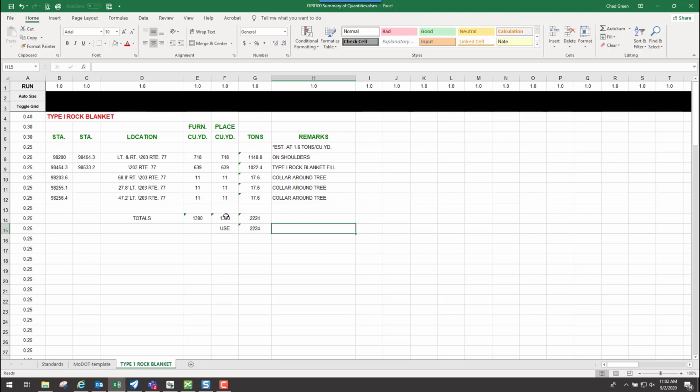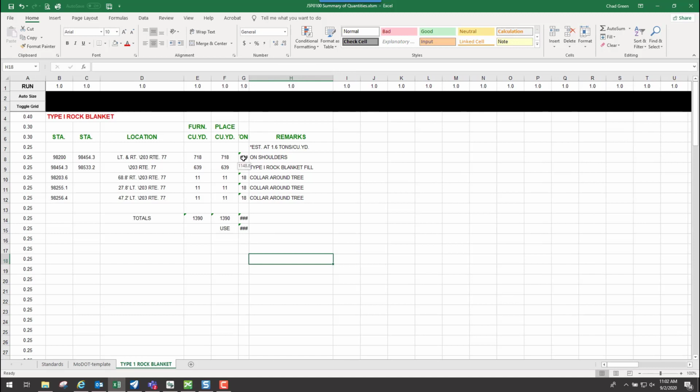Another thing that you're going to notice is I am using formulas inside of here, which that's the main reason why we want you to use the Excel file, because it's a lot easier to add stuff up or set up formulas to make life a little bit easier on you. So for like this one here, you'll notice that it says F8 times 1.6, which that's what it's using right here, this 1.6 tons per cubic yard for estimation purposes. So I can take this value times 1.6 and I get that value. And it's the same thing for the rest of these. And then I did set up formulas for these here where it adds all these up. So formulas do work.